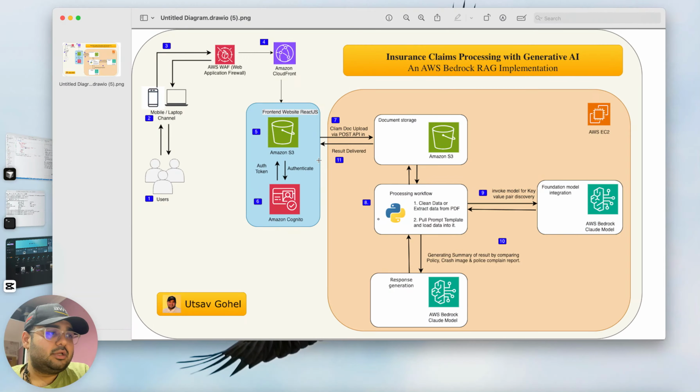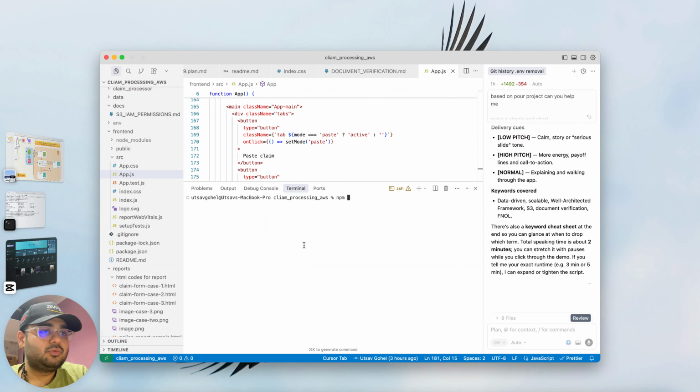So let me pull out my code. I will share the GitHub code with you. So what I have done is